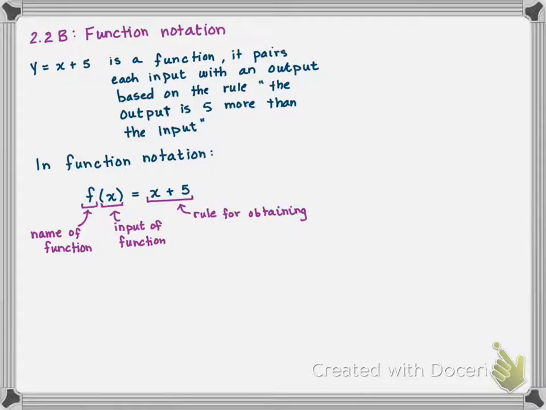For obtaining an output from your input. And then the last piece, which is really two of these pieces combined, is f of x. That whole thing together is like a variable. That whole thing, f of x, represents the output of the function. So this is the output of the function f